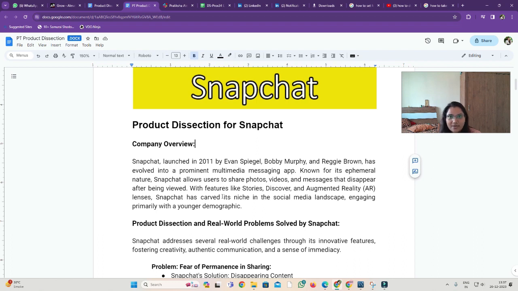Generation Z, I mean the younger people, use this because it's similar to WhatsApp, and whenever we send a message or video or photo to anyone, it disappears, and it also allows us to share stories. It also has the feature of who can see our stories and who can see the posts we are posting. So that's why it is really famous in the younger generation.